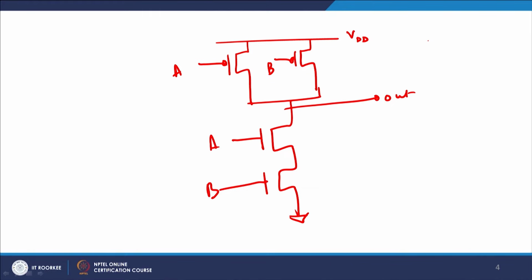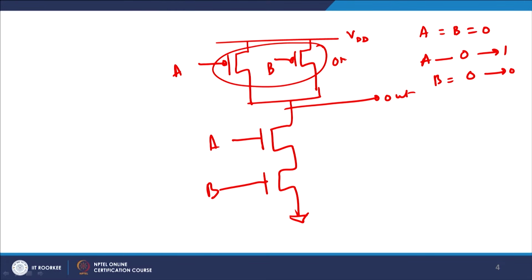The first idea here is that let us suppose A and B are both equal to 0 and both now go to 1. So A goes from 0 to 1, and B also goes from 0 to 1. When both were initially 0, please understand the pull up network was on. Both PMOSes were on because A was on and B was on. When both are on, the capacitor CL gets charged through this path as well as this path.